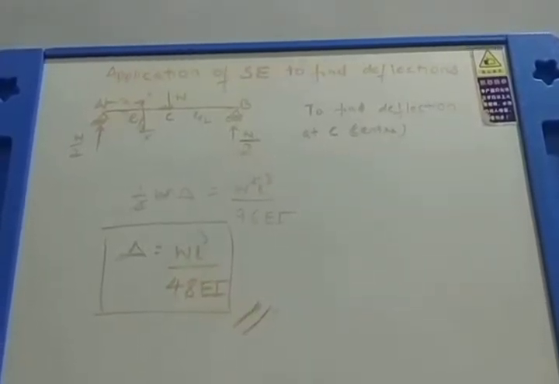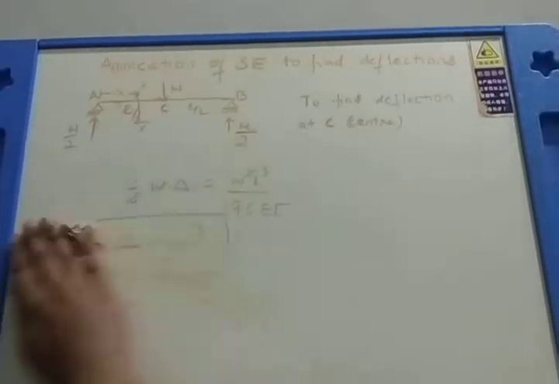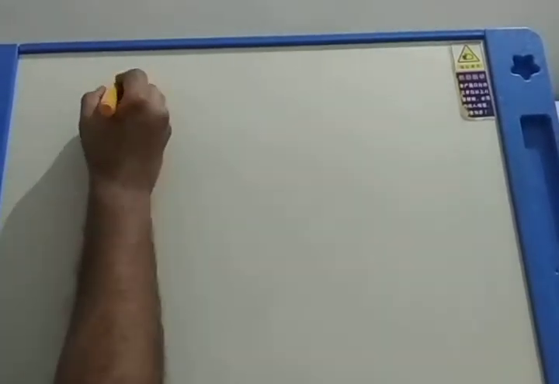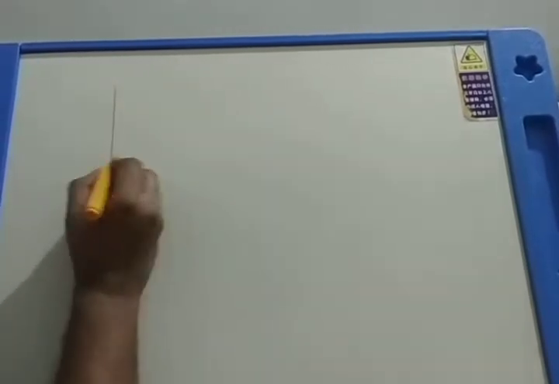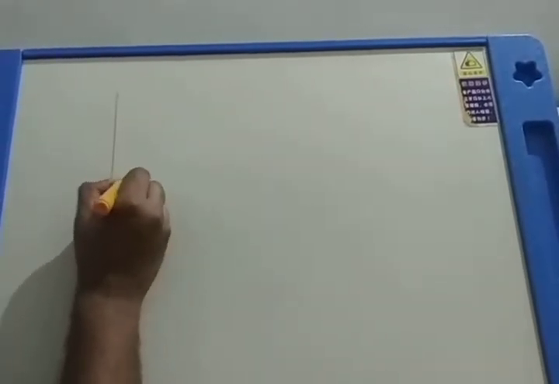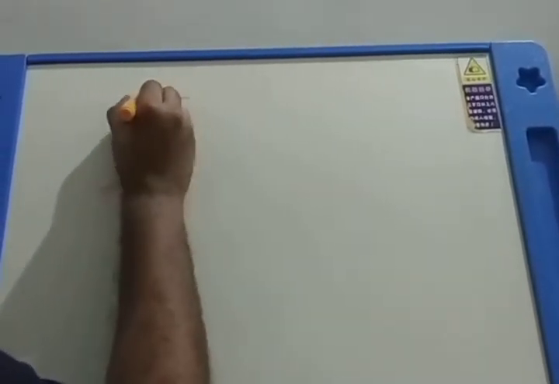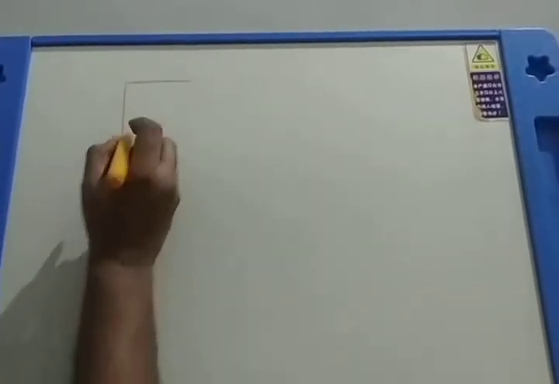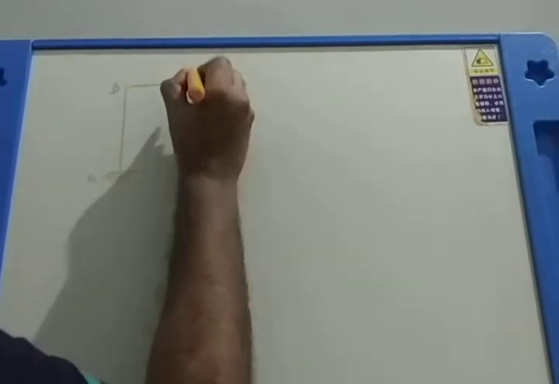Okay my dear students, let's take another example now. I will take a numerical example of a bent. A bent has two members, one is a horizontal member, another is a vertical member. So I will take a bent now, like this. A vertical member fixed here at the bottom, a horizontal member like this, monolithic. You can call this A, this is B, and this is C.